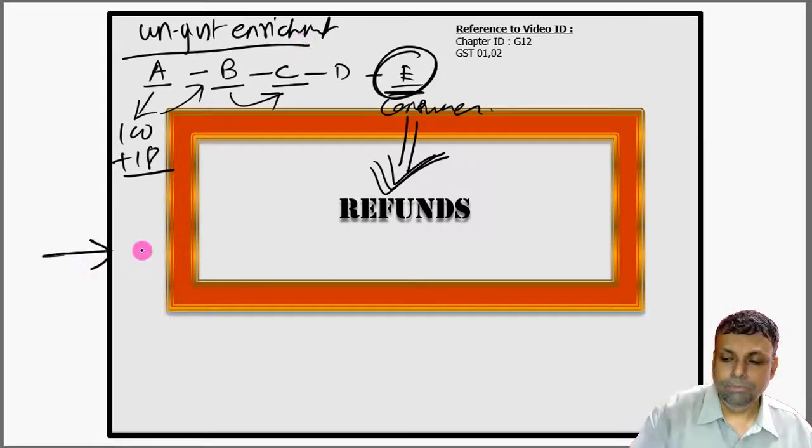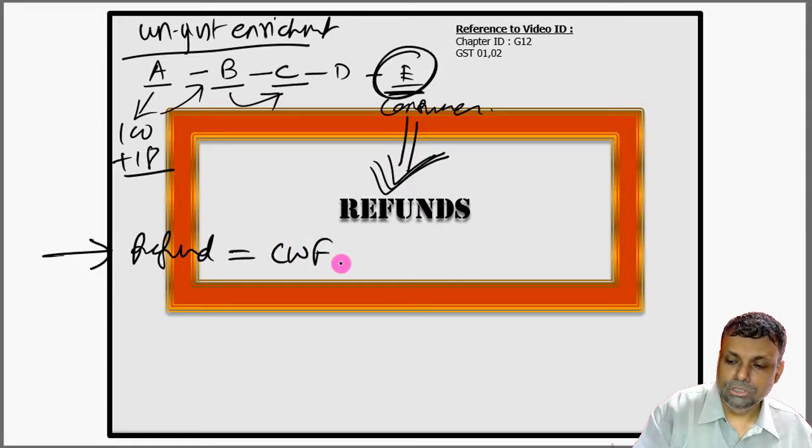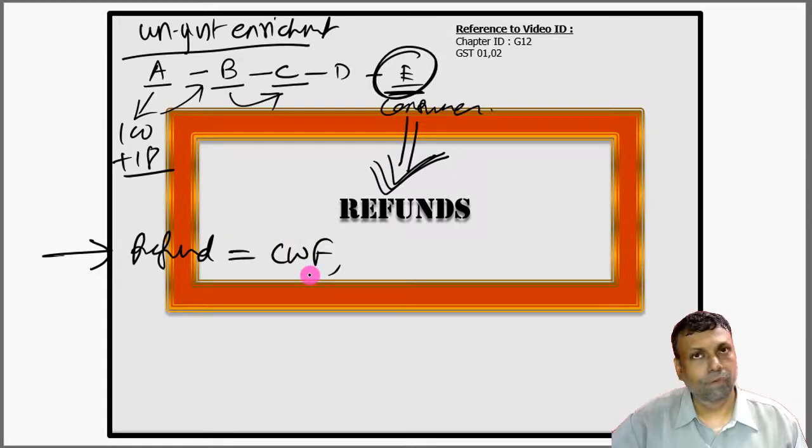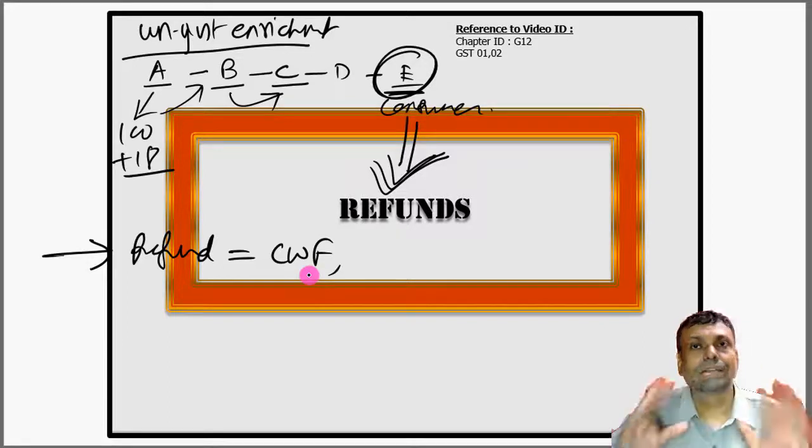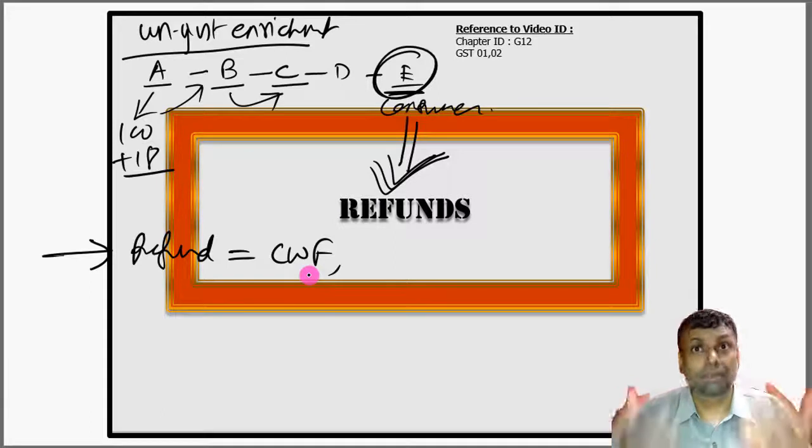where the law says that by default, if there is any refund, the refund should be given to the consumer welfare fund, basically the specified fund. By default, that means the GST department cannot keep that money because it is not by the authority of the law. So if at all any refund is to be given, the standard language of the law is that it has to be given to the consumer welfare fund.